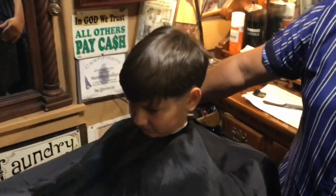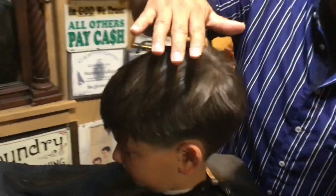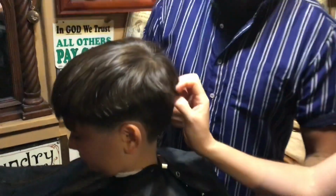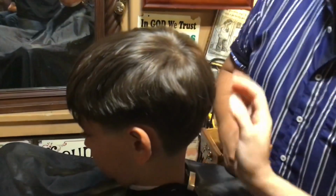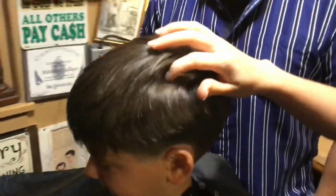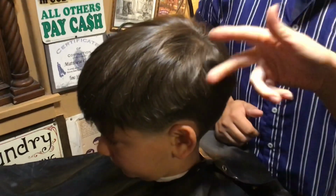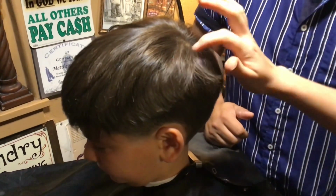Really good. Okay, cool. I had a question for you, Mom. This cowlick area right here, how do you deal with that? Well, this usually I tend to get it a little bit less, like bring it down just a little bit because it does get to be a little bit too bulky. And when he combs it to the side, when it's not too long, it can be too short because it'll stick up. Yes. But if it's this length right here, it tends to do the same. Uh-huh. So what I do is once I cut it to like a medium size and then I comb it